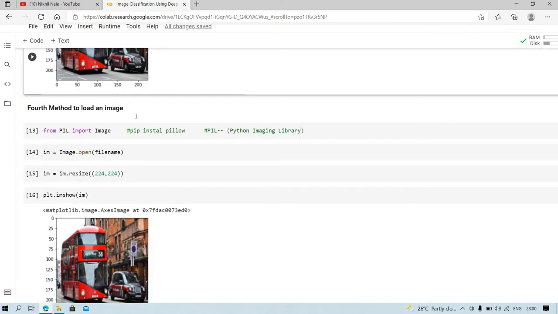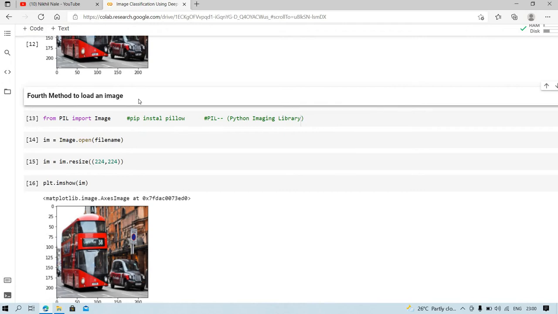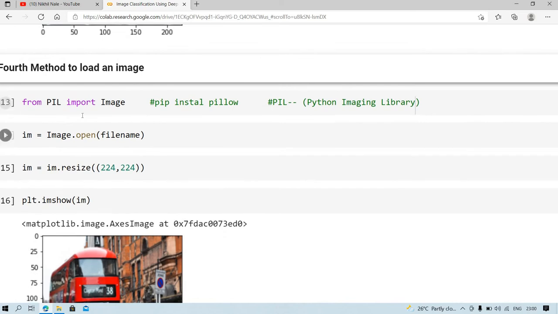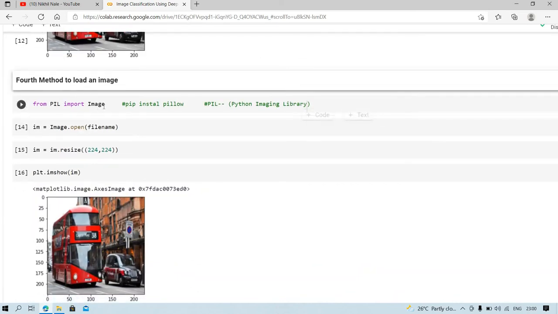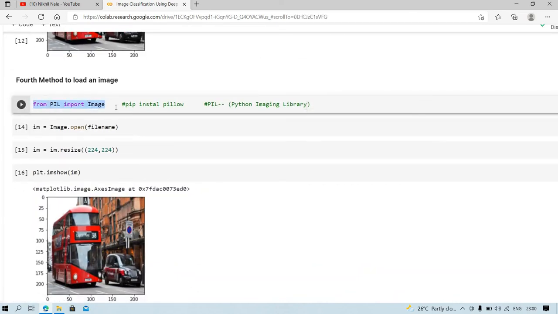Then you will see the fourth method to load an image. For this, from PIL import Image. Again guys, if you are executing this for the first time you will get an error, so before that you have to install pillow. Then you will use this code.